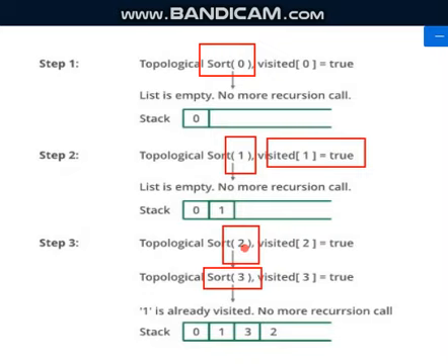Then from 2 you will reach 3, from 3 you will reach 1, but 1 is already visited, so again you will go back to 3. From 3 you will check for any other node, but you don't have any other node to reach, so you will go back to 3 and put that 3 to the stack. Again from 3 you will go back to 2. From 2 you will check, is there any other call? No, there is no other call, so you will put that 2 to the stack. Then the next thing is 4.